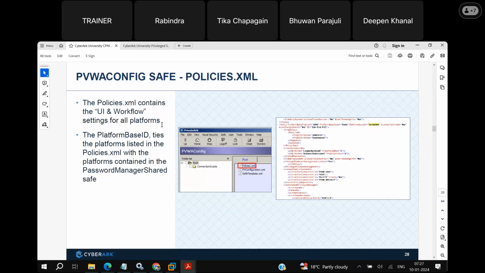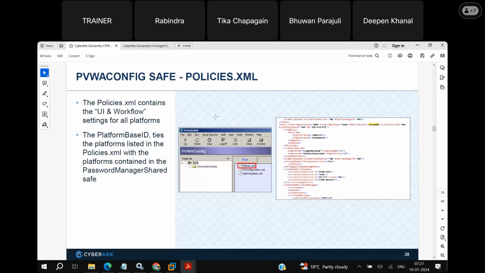So in order to onboard those database accounts in CyberArk, we should have plugins. We should have platforms. We call it as platforms. So Unix accounts will be onboarded to Unix platform, Windows domain accounts will be onboarded to domain platform, database accounts will be onboarded to database platform. Similarly, application accounts will be onboarded to application platform. So basically, we need to have platforms. So those platforms